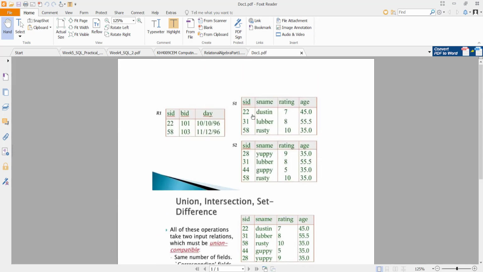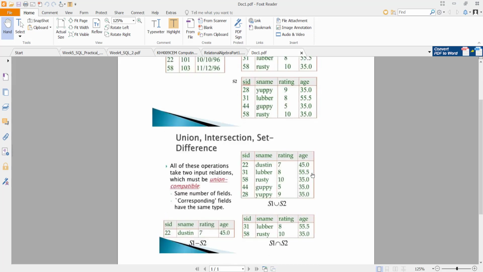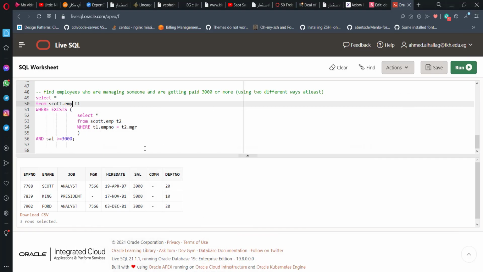So S1 has Dustin and Lubber and Rusty. S2 has Lubber and Rusty. So they actually intersect in the row that has Lubber, right, and the row that has Rusty. So it's going to return the common between the two tables. Okay,